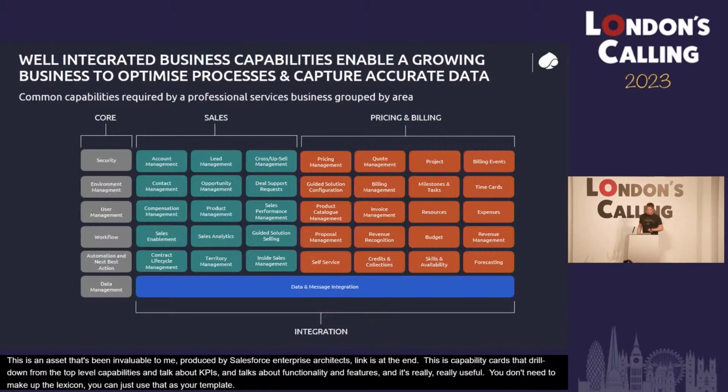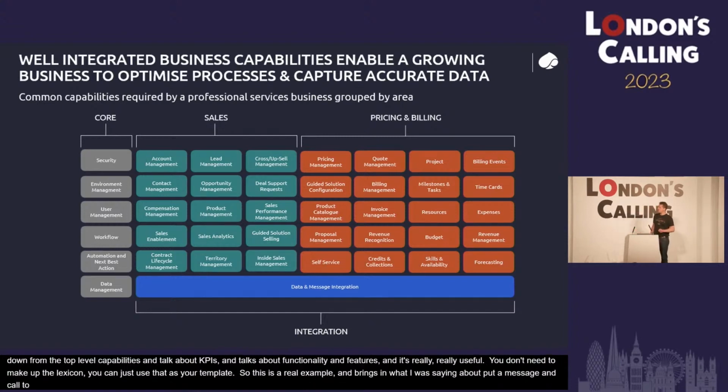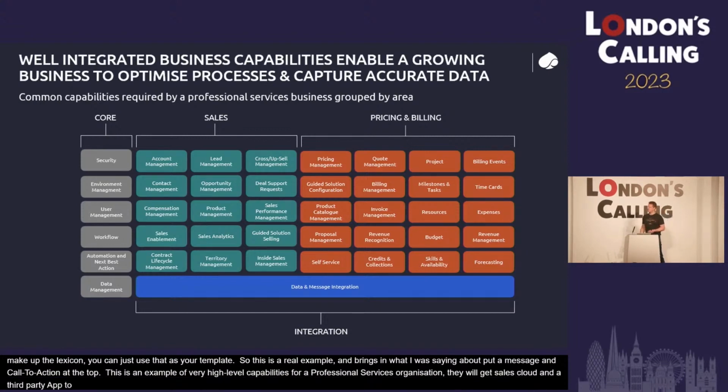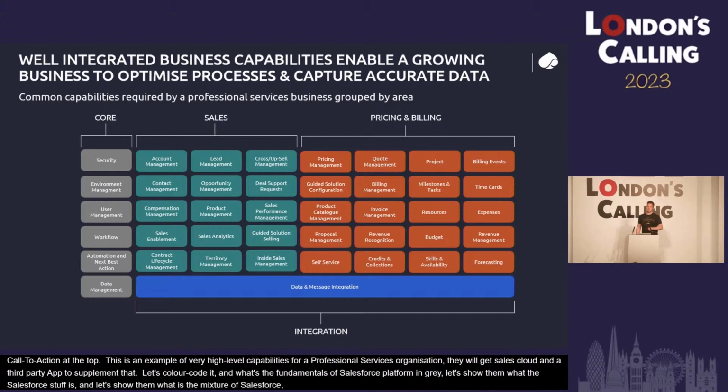So this is a real example, and it brings in what I was saying about putting a message, a call to action, at the top. This is an example of very high-level capabilities for a professional services organization. They're going to get Sales Cloud, and a third-party app to supplement that. So let's color code it. Let's show them the core fundamentals of the Salesforce platform in gray. Let's show them what the Sales Cloud stuff is, and then what's a mixture of Salesforce plus the third-party app. And then down the bottom, data integration,